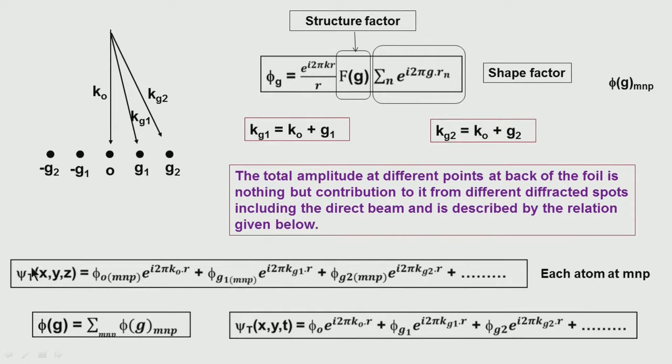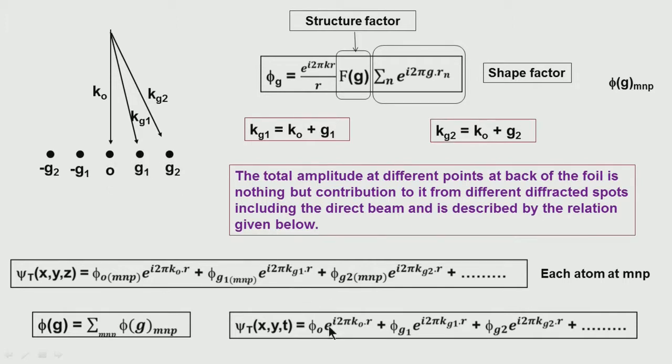So, if we take the sum of each of these, it gives rise, at each point, from an atom at m and p, to the contribution in the image, that is the amplitude of that image. The same thing we can write as the amplitude at every point from taking each of these diffracted beams.